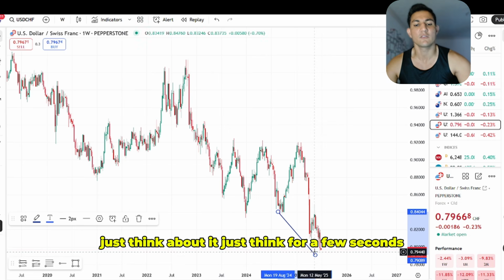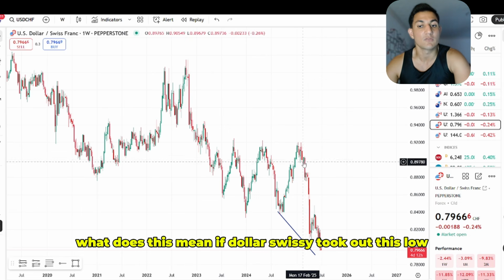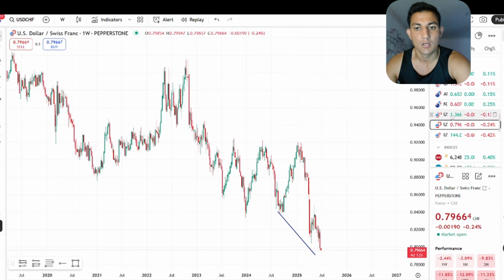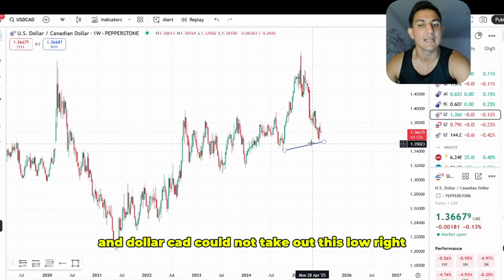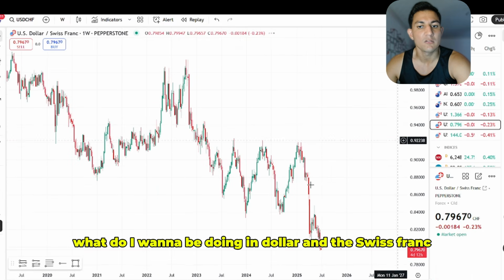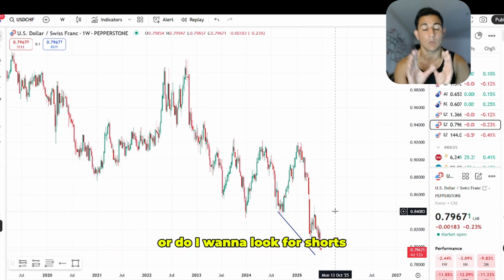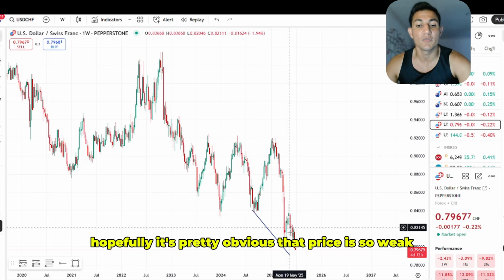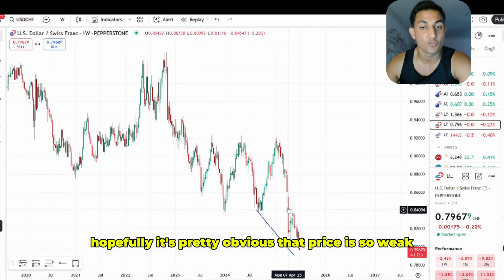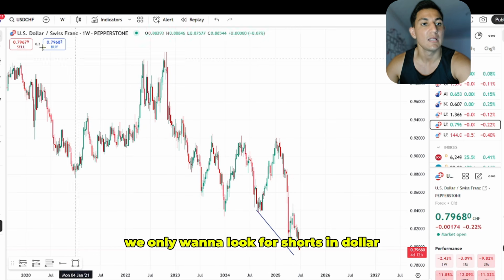Just think about it. Just think for a few seconds. What does this mean? If dollar Swissy took out this low and dollar CAD could not take out this low, right? What do I want to be doing in dollar and the Swiss franc? What do I want to look for, longs, or do I want to look for shorts? Right, hopefully it's pretty obvious that price is so weak, we only want to look for shorts in dollar against